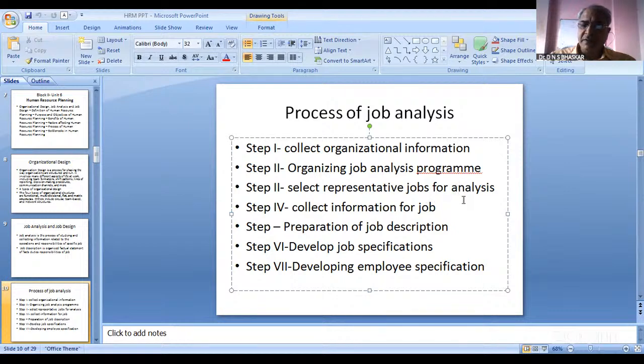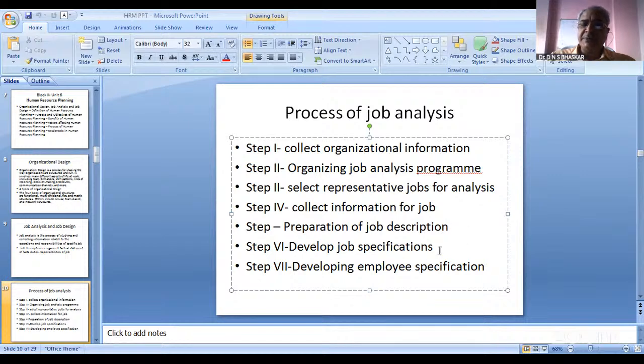Then what type of aspects you want to study in that particular element, then collect the information about that particular job. So when you have selected the job of a finance manager, collect the information about that, what is the job of a finance manager and all. Collect the entire information. Then prepare a job description. That is another important element. So when you have collected the information, what are the duties? Already I told you just now, job description basically talks about the duties and responsibilities of the employee. So what are the various duties of the finance manager? What are the various responsibilities of the finance manager, and so on.